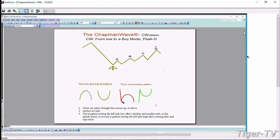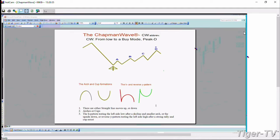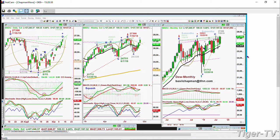And the mix in this red one shows you there's a straight line down and then an arch formation. If the left side low is taken out, you can keep going lower. And the inversion of this H pattern, which is like a Y upside down, shows that if the left side high is taken out, you can keep going higher. Essentially, we're just looking at 4 higher peaks. I alphabetized the notation, so each higher peak is a letter: A, B, C, D. That fourth highest peak is where other things can happen. It could go higher to even E, F, and G. But D is where we're always looking to take a foot off the accelerator and hover over the brake,